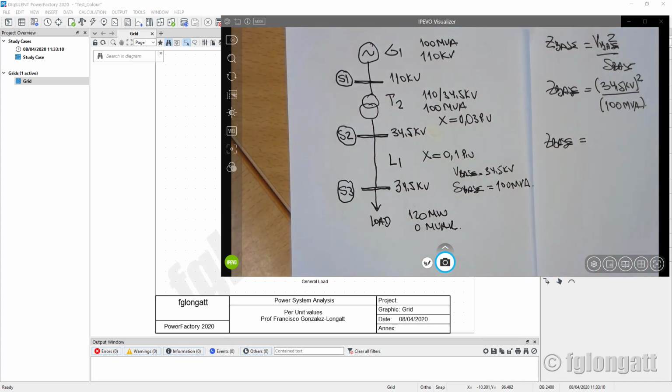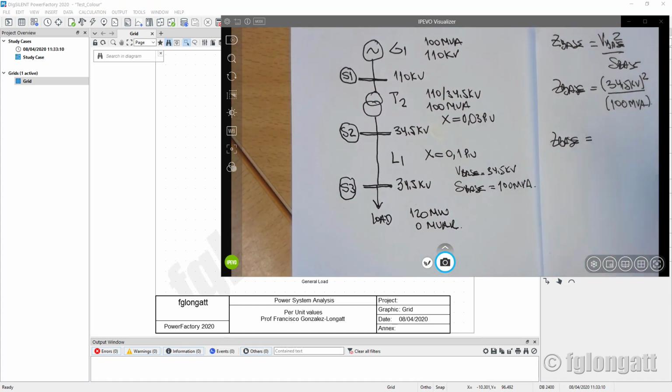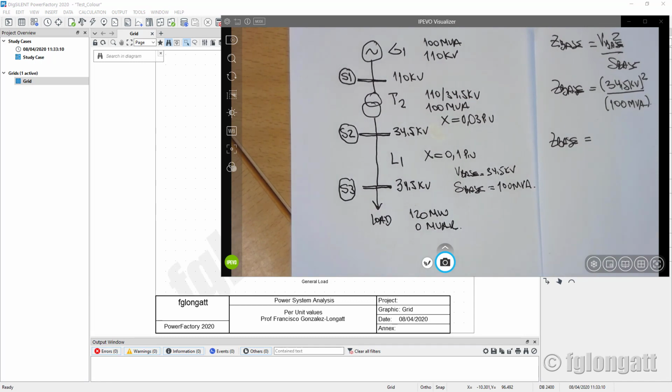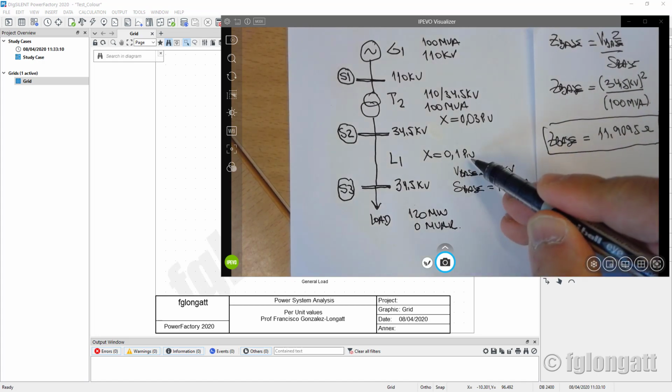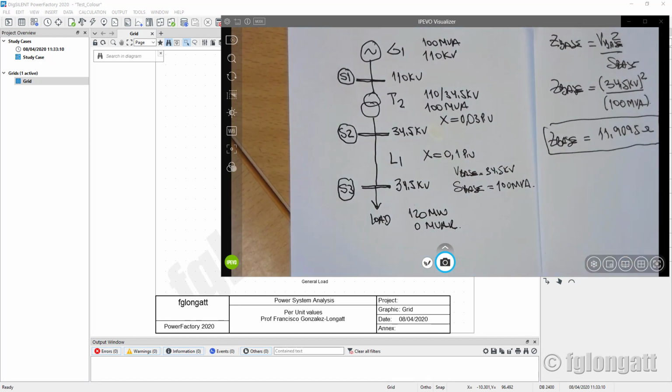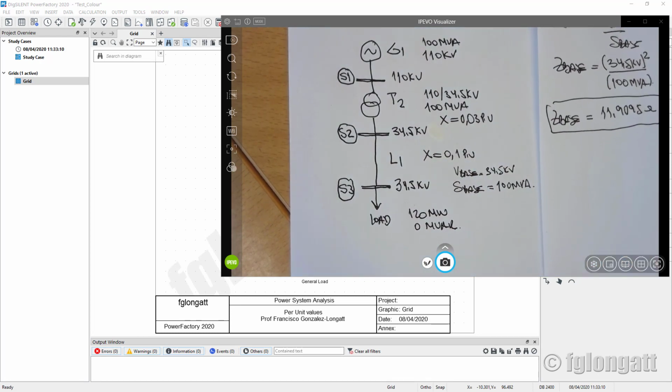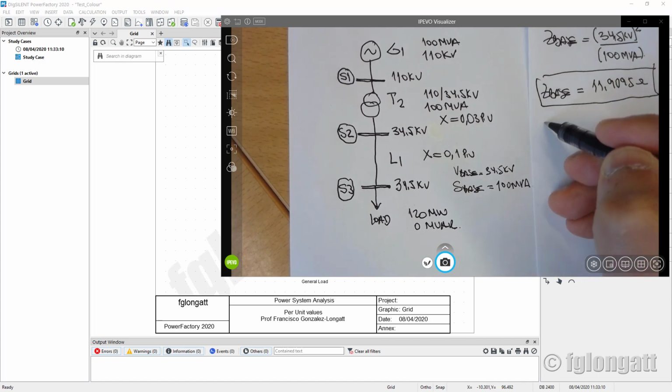let's use my calculator. Where is my calculator? Let me put here 34.5 squared over 100, that is 11.9095 ohms. Now what is the job? This reactance is given in per unit. You need to put inside PowerFactory the ohms value. That means that